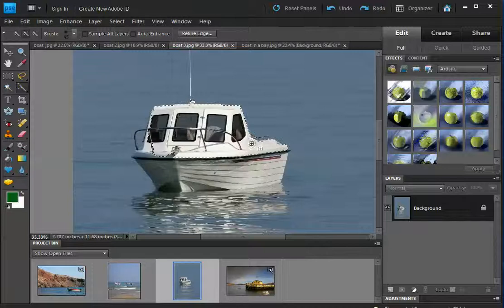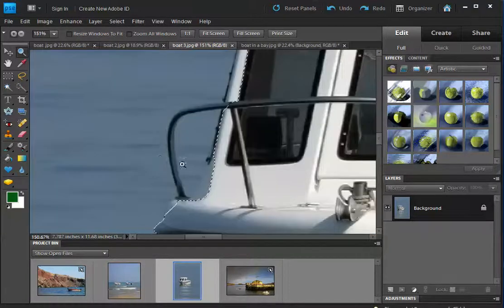Make sure you paint in the windows as well, and you can see that I'm getting some of the water too, but that's alright, because we know that if we hold down Alt, we can shave some of that off. Okay, so hold down Alt, shave some of that off. There we go. And what you can do is click on the zoom tool and really zoom in onto this